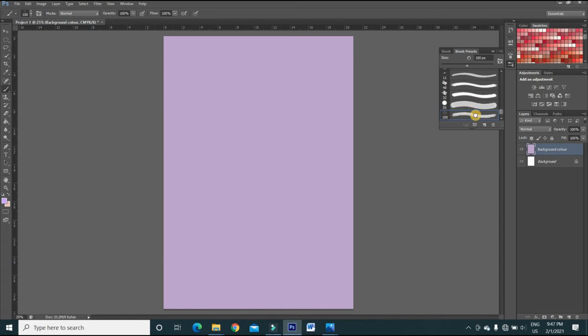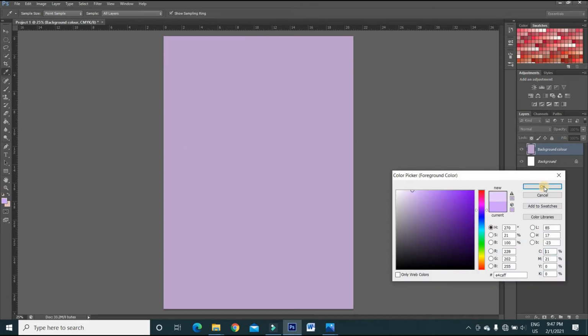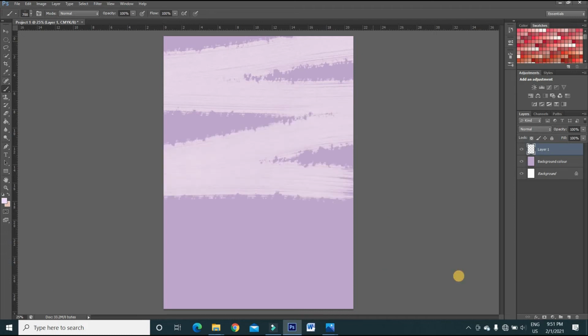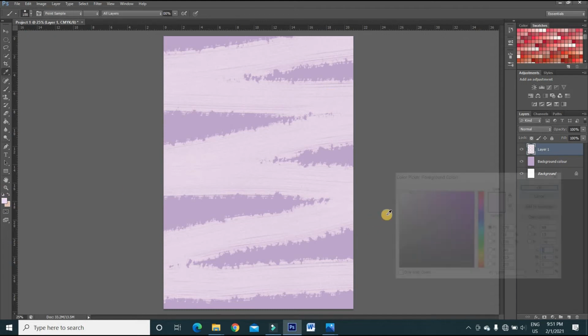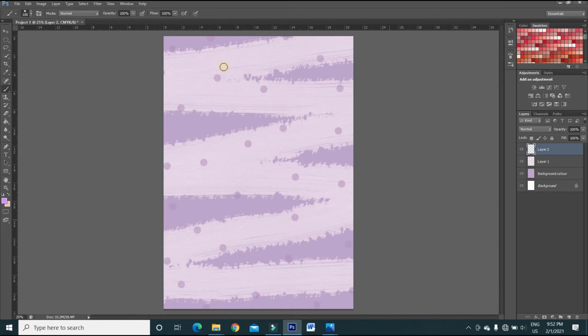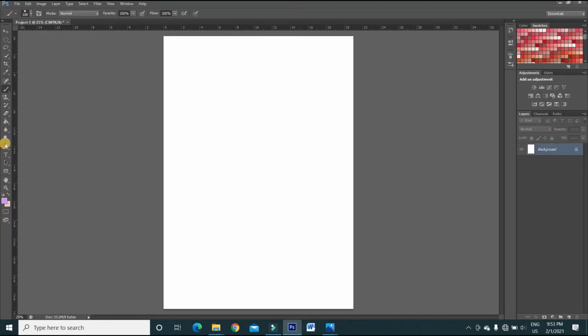For this design I am going to choose this brush style and increase the size of the brush, and now I'm going to change the color and simply drag the brush. After the strokes are done I'm going to change the style of the brush to this style and increase the size. Also going to change the color, and for the next design take a new layer, and now I'm randomly going to make these dots, and one more pattern is ready. Using the same technique I made this pattern. Now let's create a pattern using the pen tool and the geometric shape tools.